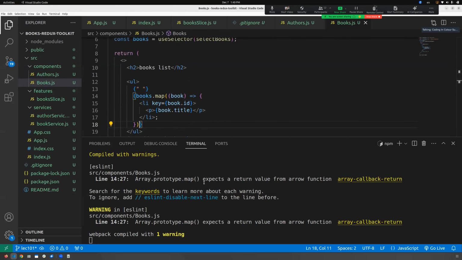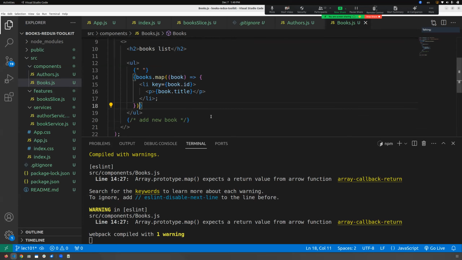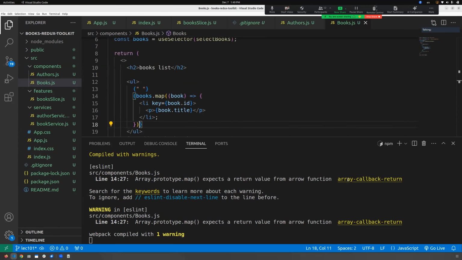Okay, array prototype map expects a return value from a function. Yeah, this should be